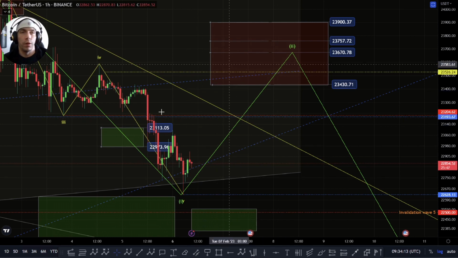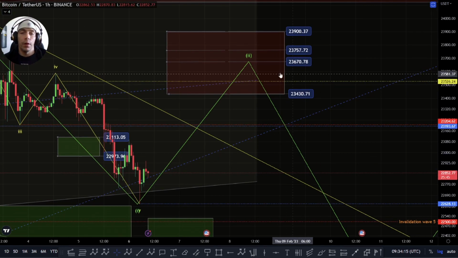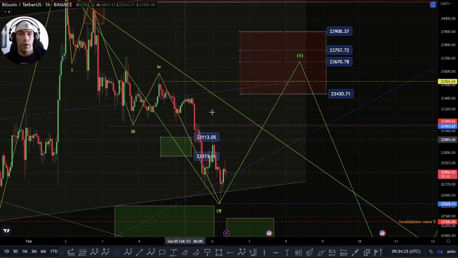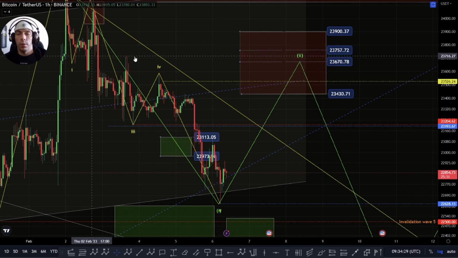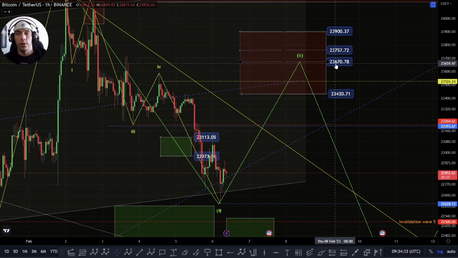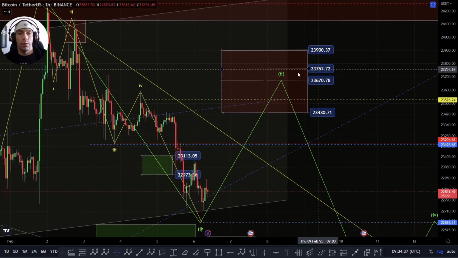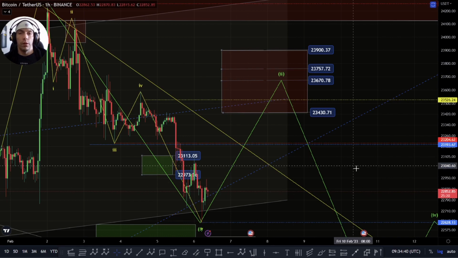If we're looking at it as a wave 2, it can be anything at once besides a triangle. So we just got to give it a bit of time to develop. Currently, the target range for this would be this 23,900 to this 23,430. So we can see there's a bit of areas. The 50% once again is in this little consolidation point here. This support that we had here is within that golden pocket at the top here, this 23,757 to this 23,670. So that's something that we might actually look to come back and retest